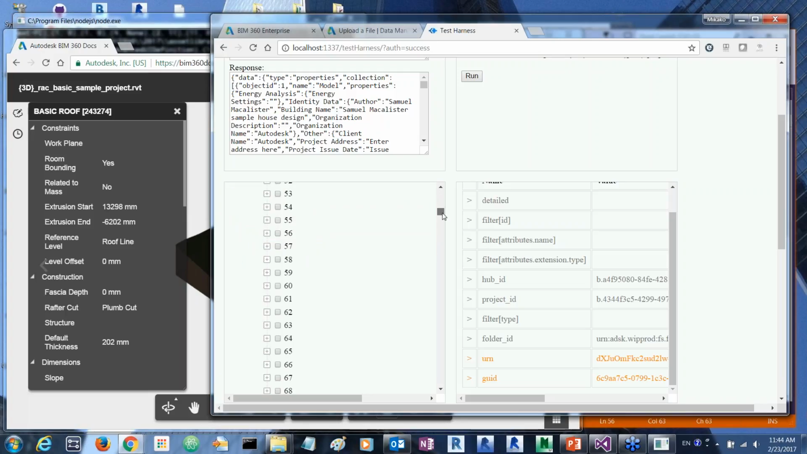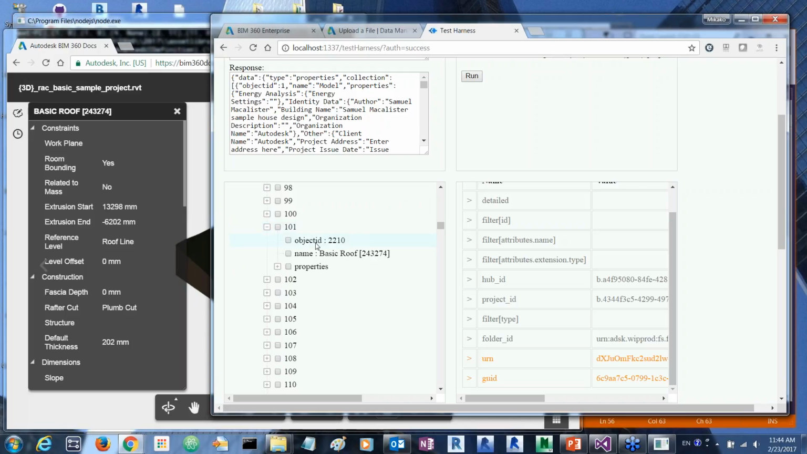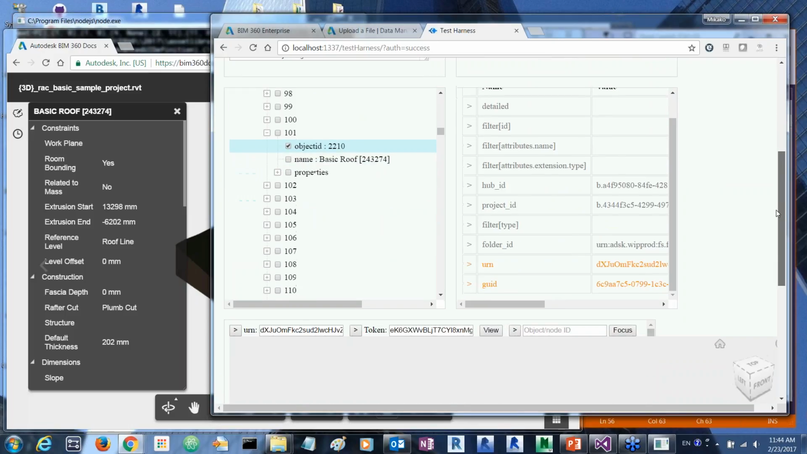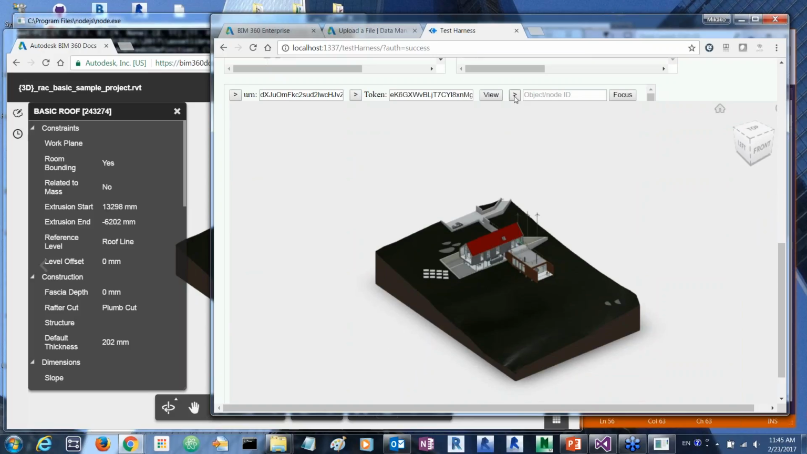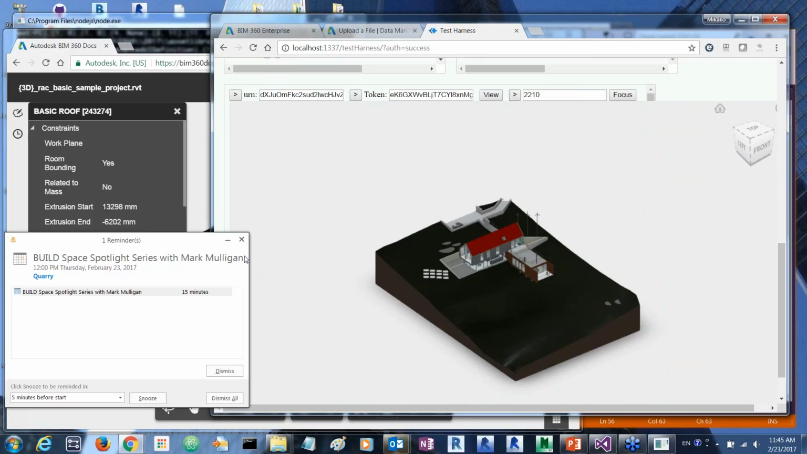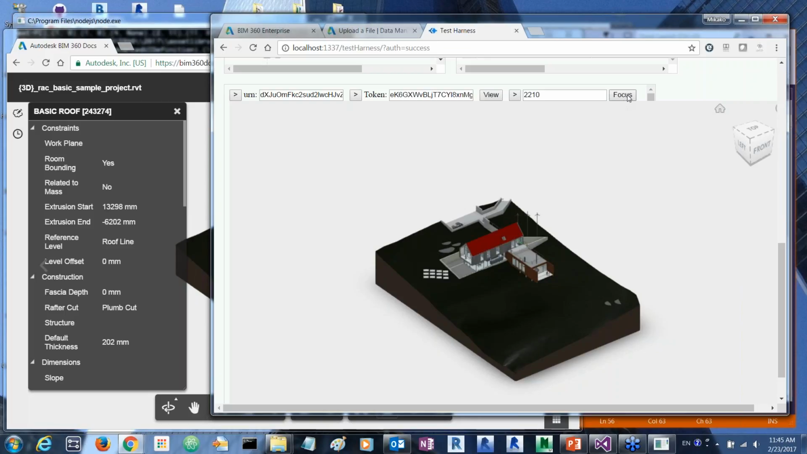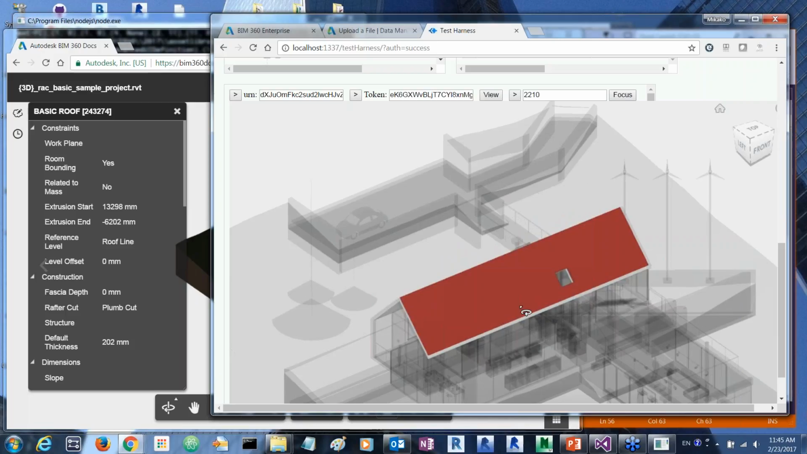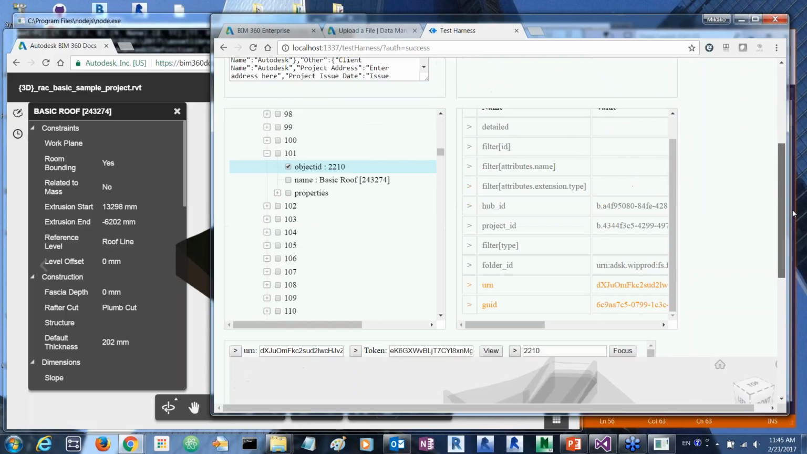So if you look at the 211 here, this one has an object ID, and this is a basic roof, 243274. Okay. So this is the object ID, and if you go back to this viewer and add this one to the object ID, and then focus, as you can see, this one is focused. So you can actually access like this and then combine with